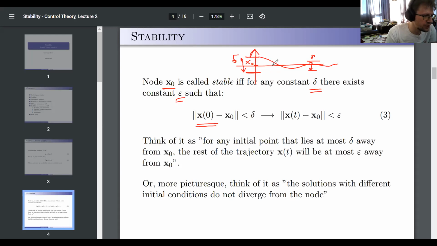So what you want basically is that if you pick an x in this vicinity of x naught, it would imply that the solution is going to be bound by some vicinity epsilon. You can write it the opposite way. You can say x naught is stable if